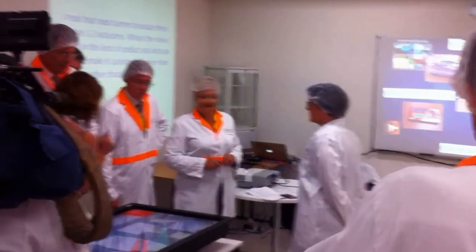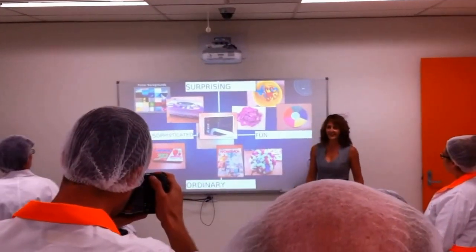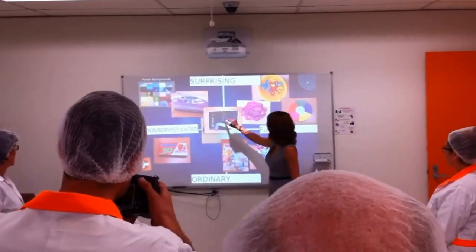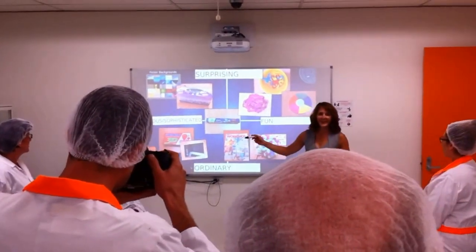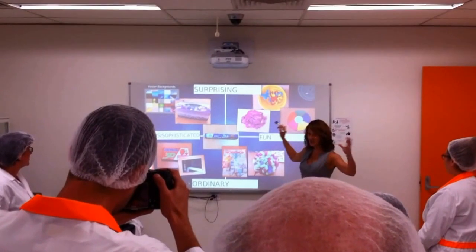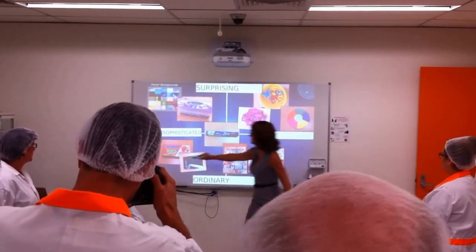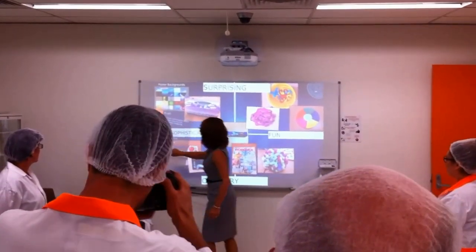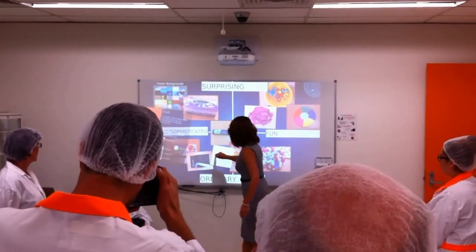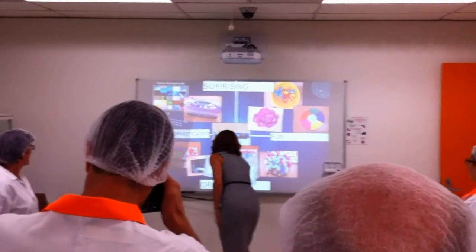Now, there's some really boring packaging. Compared to all this other stuff, it's actually quite boring, isn't it? Where do you think it would fit on the quadrant? Ordinary. Yeah, exactly. So put it down here. Simply put, this is how you build something visually so that the project team can all discuss things at once. It's also got a keyboard, so if I wanted to write something about that, like that's boring,